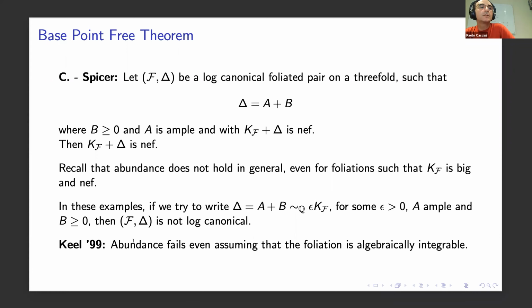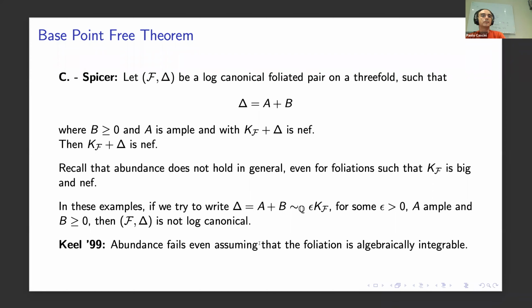And it turns out that abundance is false even if the foliation is algebraically integrable. So this plays a role in what I was saying before. With the cone theorem, it's true. Bend and break is true for algebraically integrable foliations, but abundance turns out to be false. And somehow I find this very interesting because there are many things that are hidden, and we need to